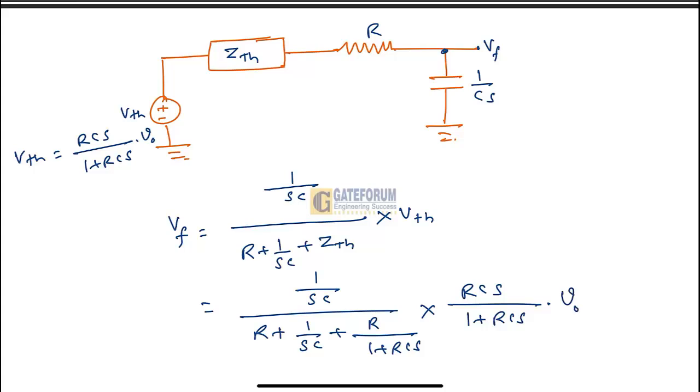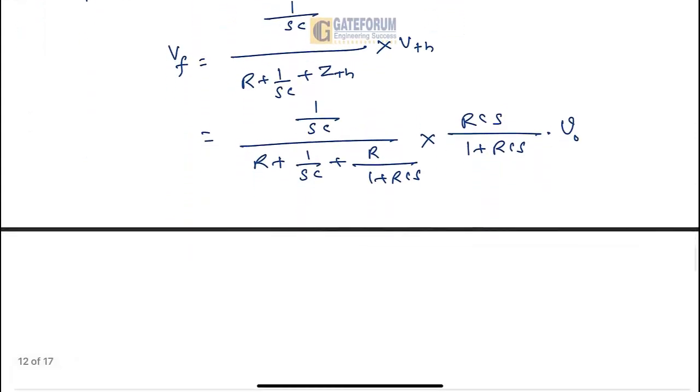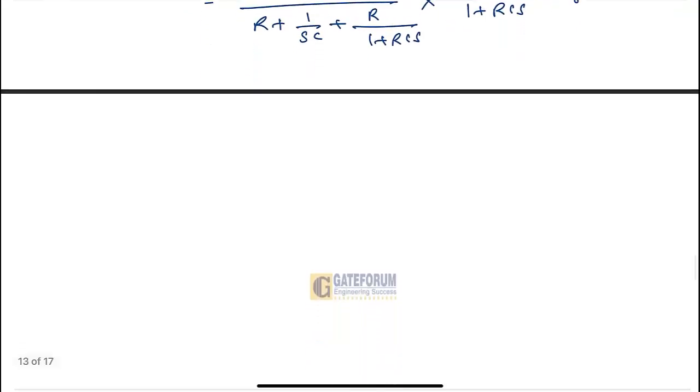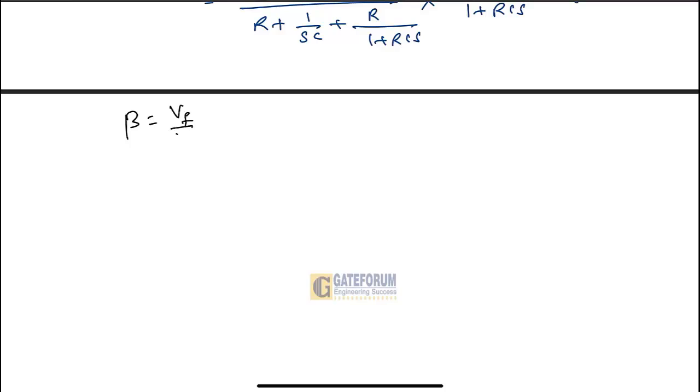So from here we can easily find the ratio of VF by V0, and that is given here as beta. So this beta is equal to VF by V0, which is equal to